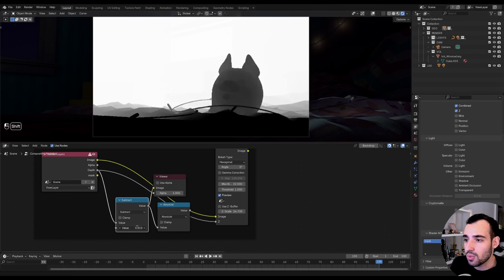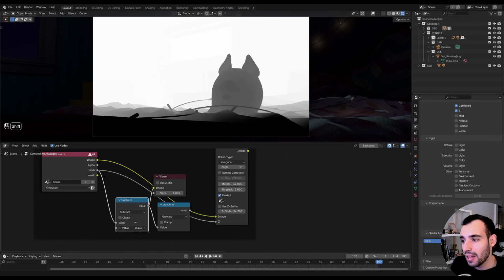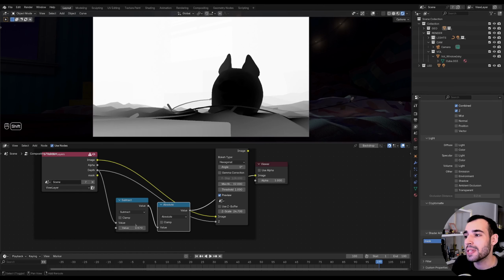So as I subtract a value, different areas of our scene become 0 from our depth, and the absolute will make everything that's a negative value positive. Basically like ping-ponging with 0. And you can see we can slide this darkness, which represents the 0, which means it's not gonna blur in this area. And if I now plug this into a Z parameter,